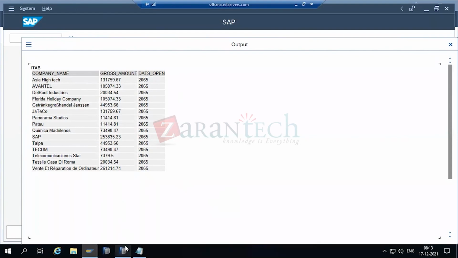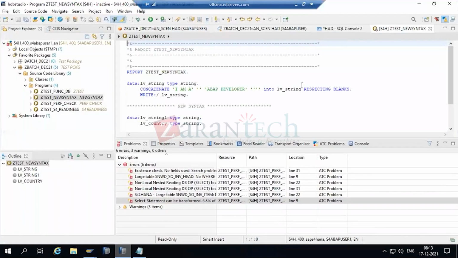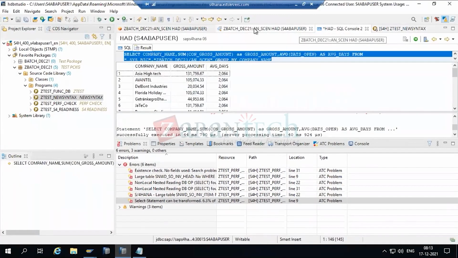And if you go to the data preview of HANA Studio and look at the view which you have created, you can see the same number of records, same columns, everything, right? So this is how we can consume